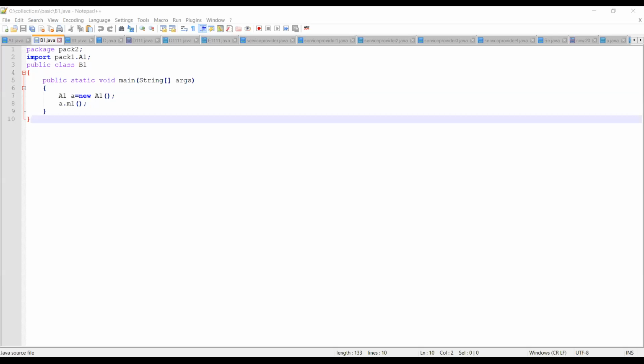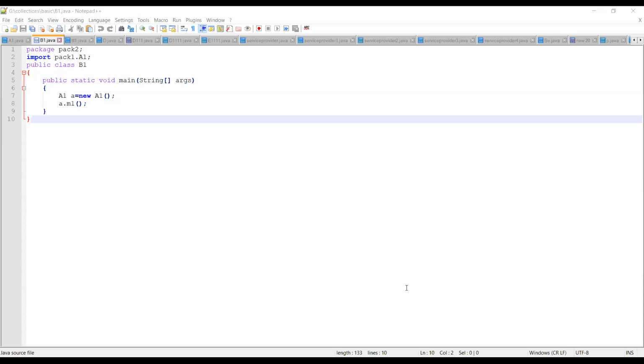Let us compile: javac -d . B1.java. Now this is a separate class I have compiled separately. Both are two different classes present in two different files. Now what I am trying to do is, from B1, access the method present in A1. So now which file I need to run? The program B1.